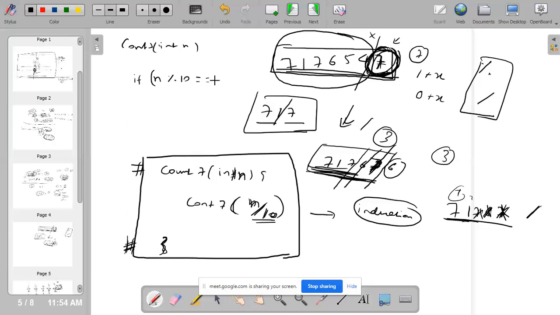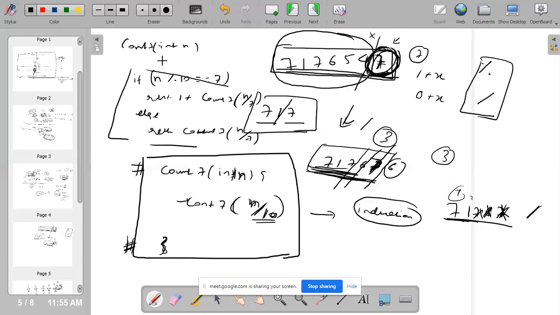So if this is equal to 7, then I'll return 1 plus count7 of n divided by 10. Else, if not equal to 7, then I'll return 0 plus, or directly, count7 of n divided by 10. Now my induction is also ready.